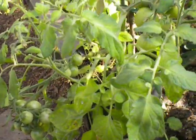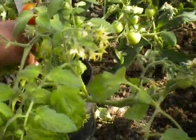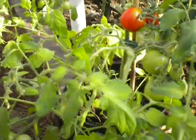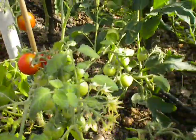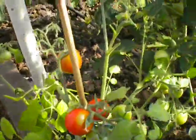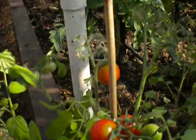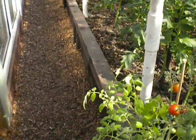Just the same as the ordinary standard tomato, but with these there's no pricking out and there's no side shooting or anything. Just let them grow on, let them come out, and then if they get too heavy you can always take a couple of the side shoots away. But for me, they're fantastic to grow. Windowsill, conservatory, or just on a narrow shelf in the greenhouse. That's where we like to grow ours. So, looks like we're going to have a few toms for our salad